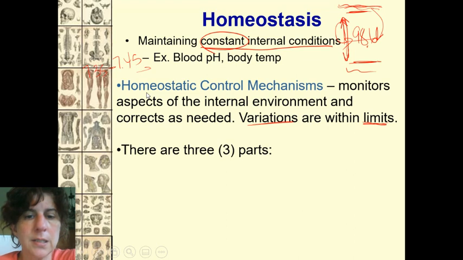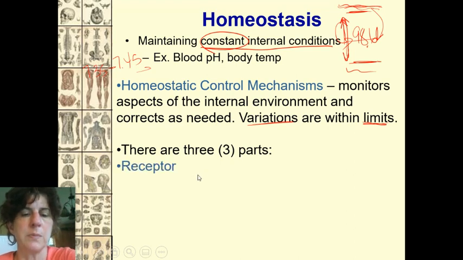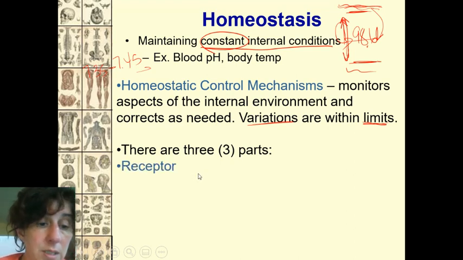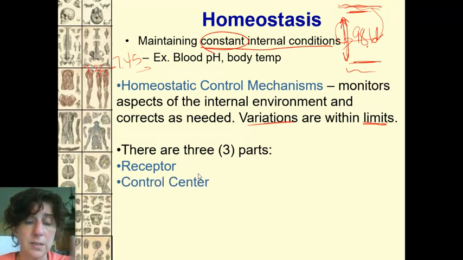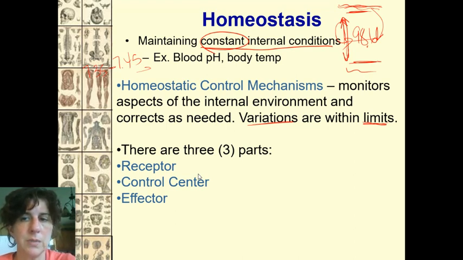So how do we regulate this? There are three different parts to that homeostatic control mechanism, and we're going to talk about each more on the following pages. You have to have a receptor, something that receives the information and monitors all the time. You have to have a control center that says this is where we should be and this is how we're going to get there. And then you have to have an effector that actually does the work. If I need my body temperature around 98.6 and it's going up to 99, how do I get back down there? The control center says this is how you do it. The effector is the thing that actually does that to get you back down. So starting the sweating mechanism would be the effector.